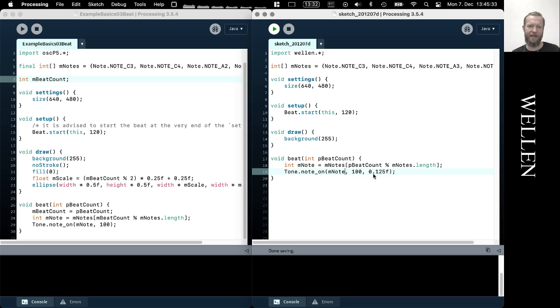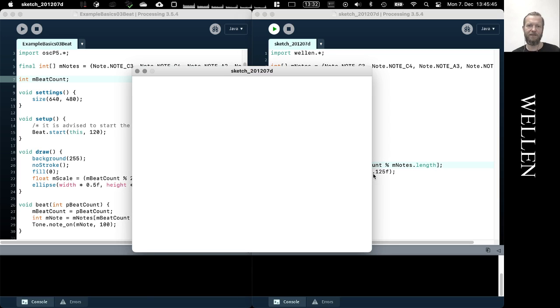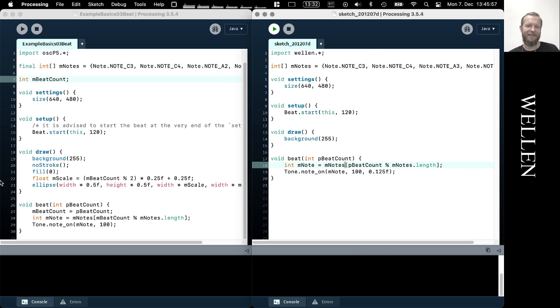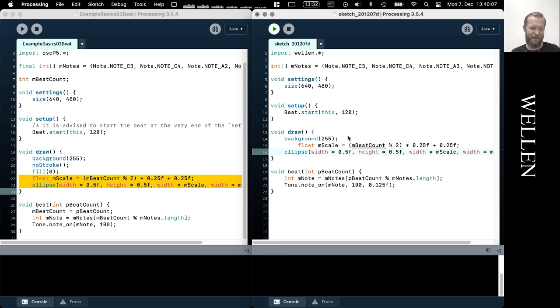So now we would pick one of the notes from the array. It would always go through all 4 of them and then repeat this, and then it would play those notes. So that's here. So we can hear the notes playing, and maybe I'll just, a little bit lazy, copy these 2 methods again from the